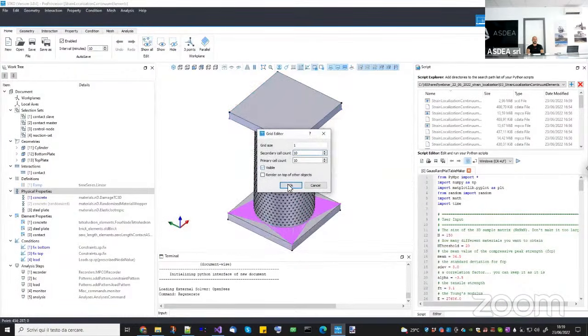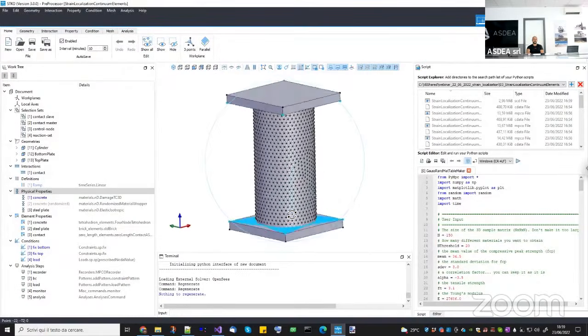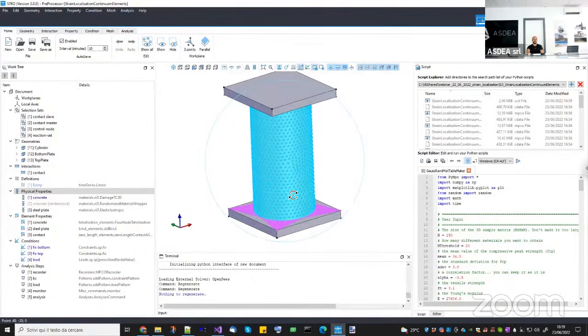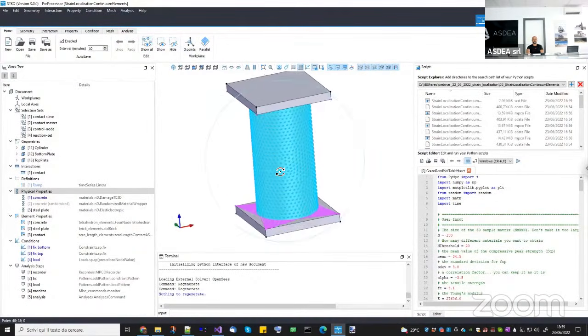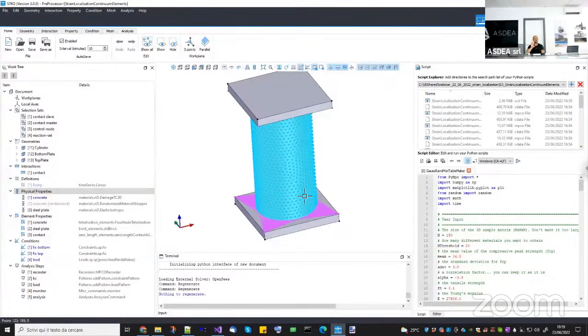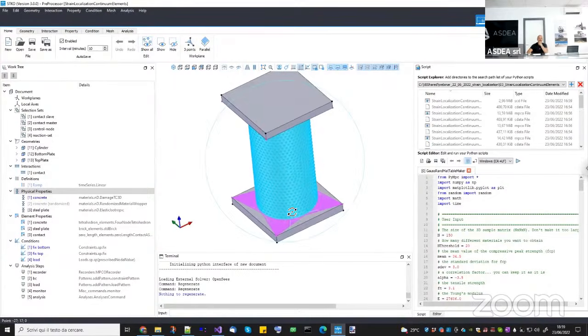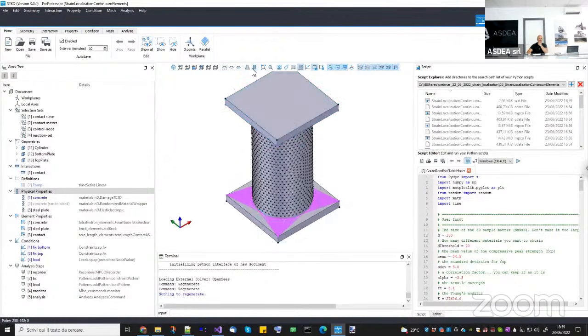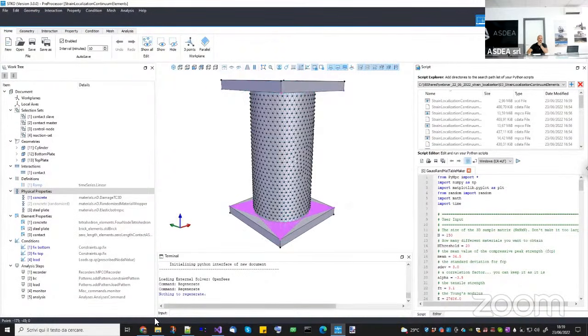Okay, so here what we have instead is a compression test on a concrete cylinder. I'm going to explain in detail what it is. But actually, it came from some questions that we have on our forum